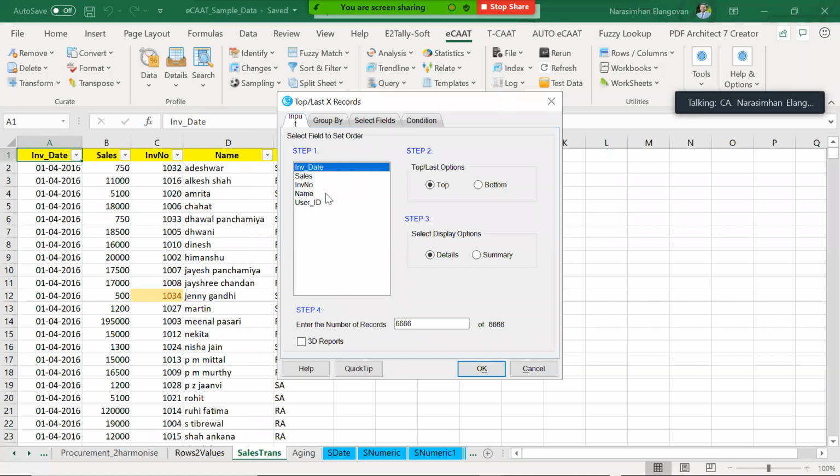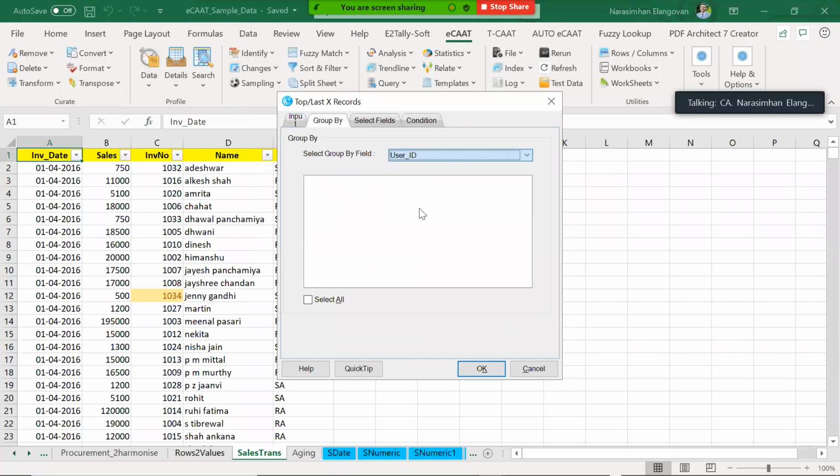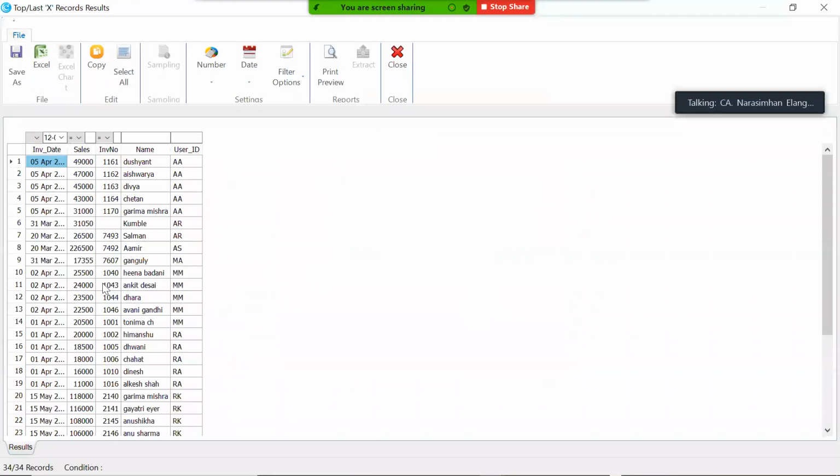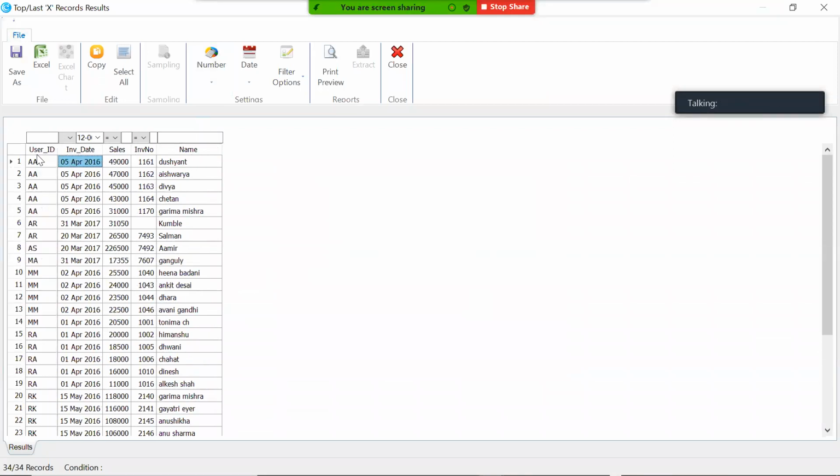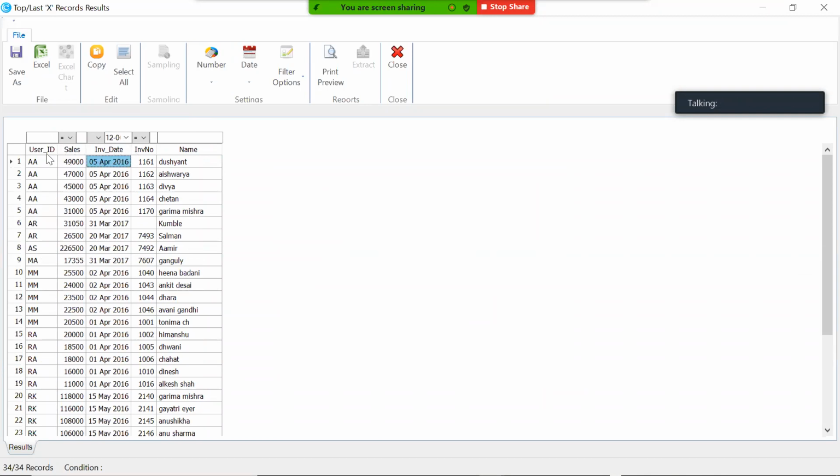Let's click on sales, top 5 sales, but I want this to be grouped based upon user ID. So I choose user ID, as of now all of these. Clear? Now let's just say okay. Let's just apply this. Look at this beautiful report. User ID wise, I get the entire sales. And I've just chosen 5. So now all the top 5 sales from each person are there for verification. Now this is handy, especially when you do bank audit. You can pick and choose your sample.